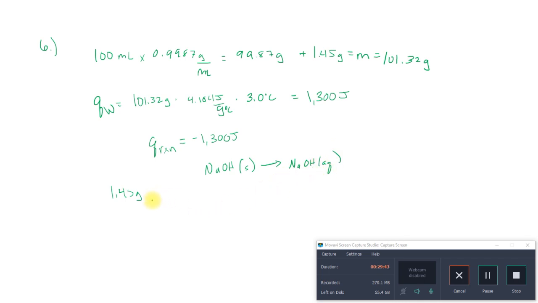NaOH. But anyway, so we have 1.4 grams of NaOH, and we have to use the molar mass. So it's going to be grams per mole, and I'm putting moles on top so I can cancel the grams, right? And so it ends up being 22.99 plus 1.01, so that's 24 plus 16. Right, so it's basically 40 grams per mole. You could do more sig figs if you wanted, that'd be fine. I think it's 39.98 or something like that. But you get pretty much the same answer. So we're going to go 1.45 divided by, because you know the 40's on the bottom there,